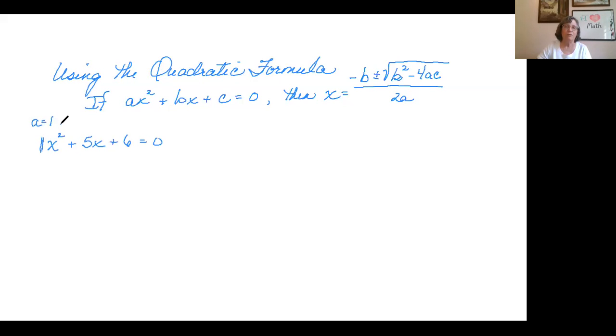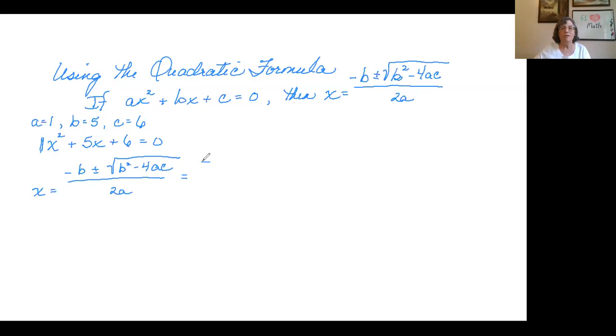So a is equal to 1, b is equal to 5, c is equal to 6. They happen to all be positive. So if x is the negative of b plus or minus the square root of b squared minus 4ac all over 2a,